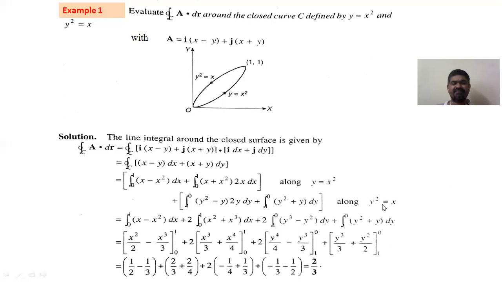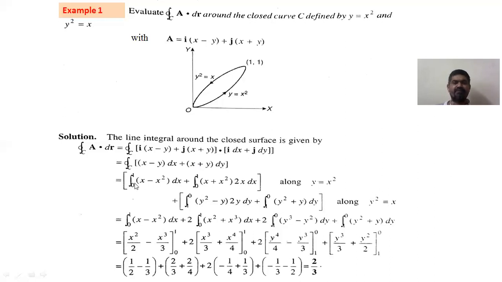Therefore, x equals y square. You have to substitute wherever x appears, the value will be y square. Therefore here it is y square minus 5. Here this is dx. The dx term can be calculated: x equals y square, dx equals 2y dy. That is replaced here, 2y dy. Plus here x, that is y square, plus y, dy is there, therefore dy.